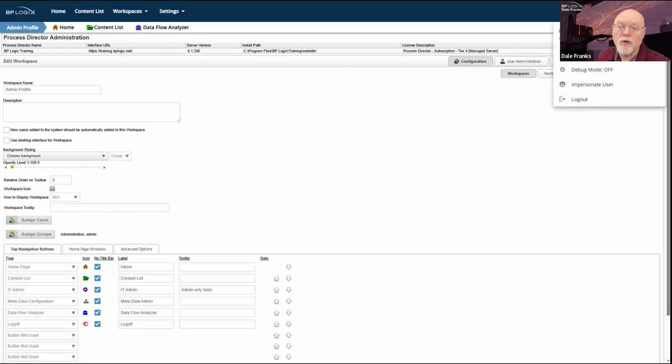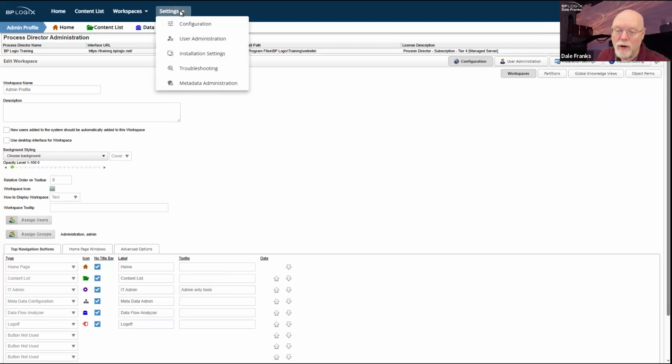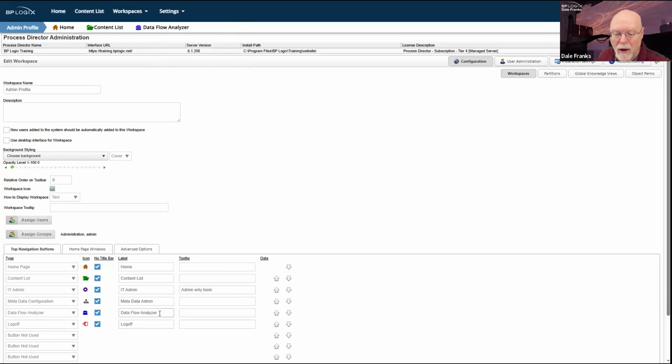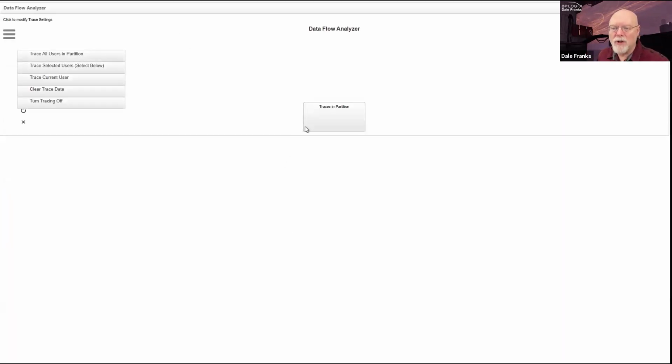Now, of course, what does not appear in the settings or user profile menu is the data flow analyzer. So this does work, and this does give me access to the data flow analyzer. I have an entire webinar that covers the data flow analyzer. We don't talk about it much, but as I said, it's really useful whenever you begin running forms or running custom tasks that touch external data. Being able to go to the data flow analyzer allows you to trace what you have done.